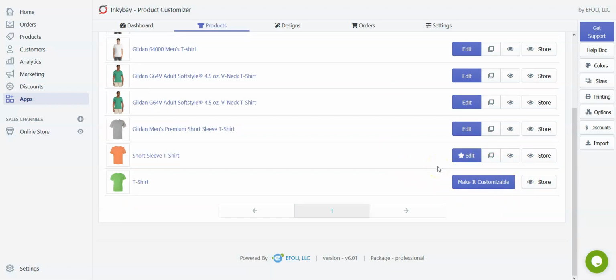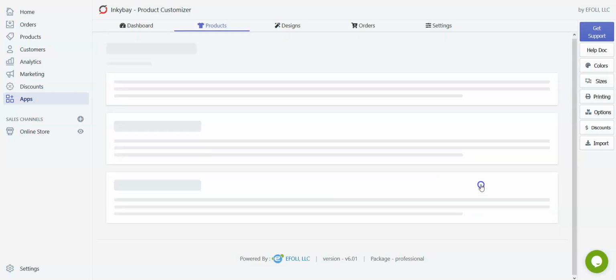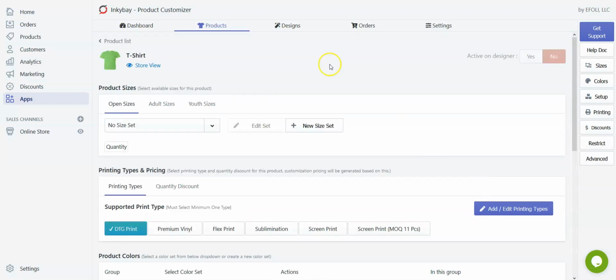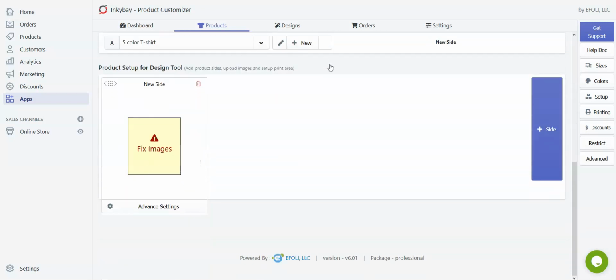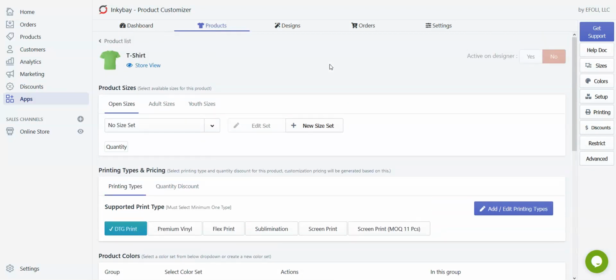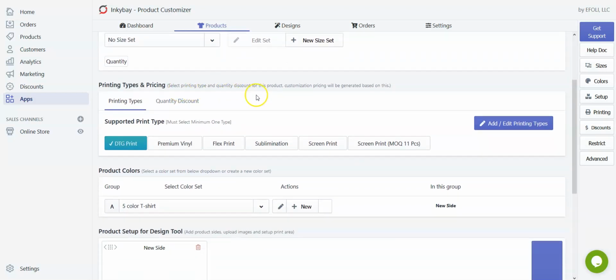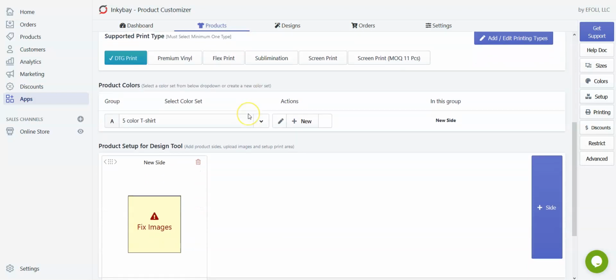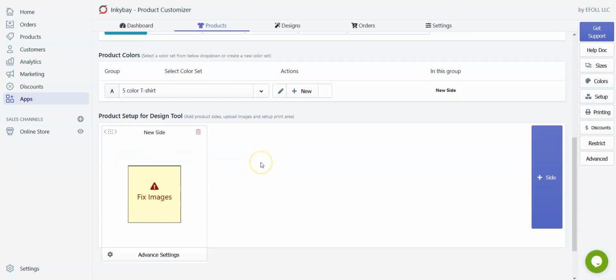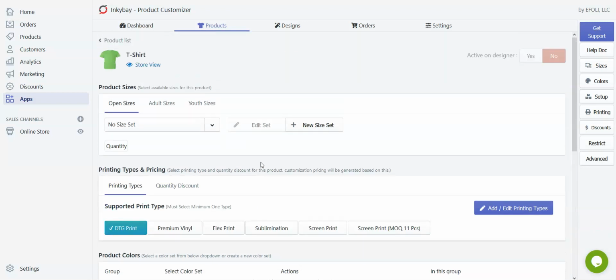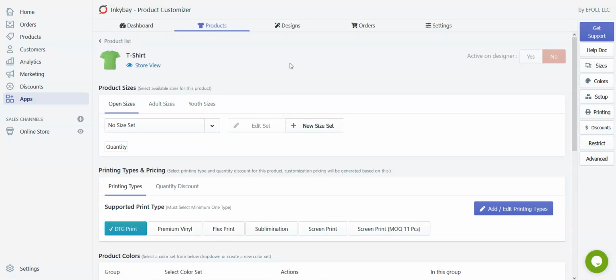So this is our product. Click on make it customizable. Now this is the window from where you can make the product customizable, and you can set product sizes, printing types and pricing, product colors, and you can define product size. From this window you will make each and every single part of your products